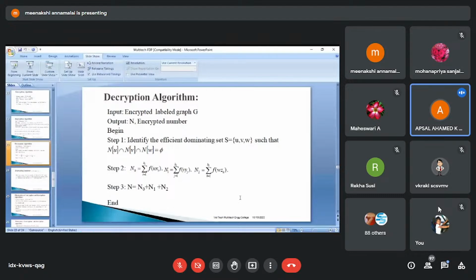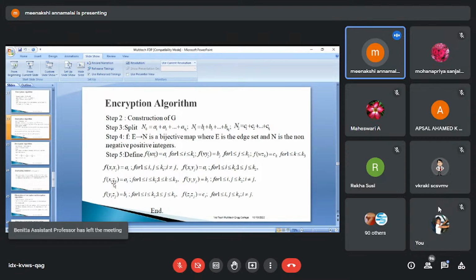Actually, we have to assign the values, which will be nearly the same if repetition is allowed here. But here we are taking a1, a2, a3, etc., an. All the ai are different, all the bj are different, and all the ck are different. You got it? Yeah, okay, ma'am.